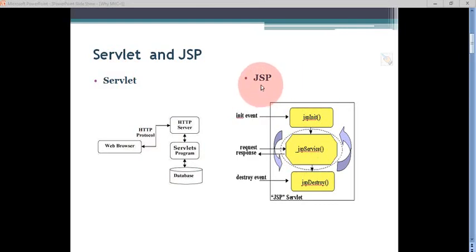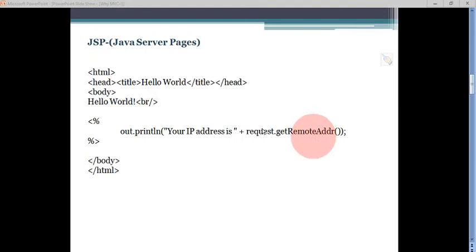Now in JSP, we write the HTML code, and within the HTML code the Java code is embedded. So in the servlet, HTML code is embedded in the Java code, and in JSP, the Java code is embedded within the HTML code, as we can see here.